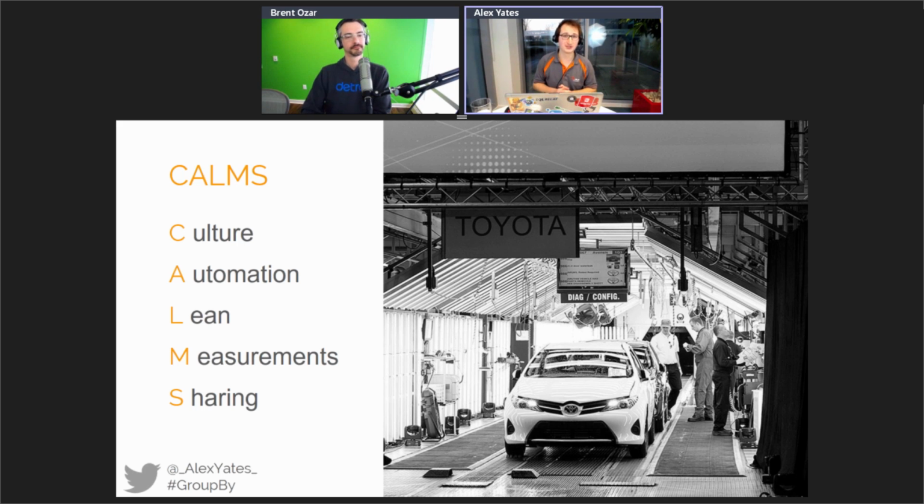The next bit is automation. One of the reasons we have such a slow, laborious process is because we do it all by hand, we do it all manually. If you have 100 steps to go through, you're going to make a mistake with one of them, okay? It's about using computers for what computers are good at and humans for what humans are good at. We don't do long division by hand anymore because a calculator is more likely to get it right.